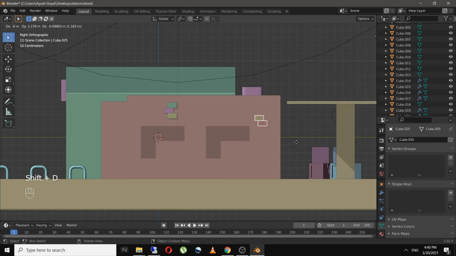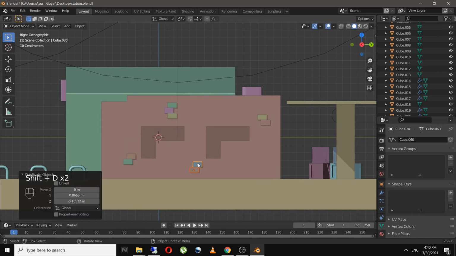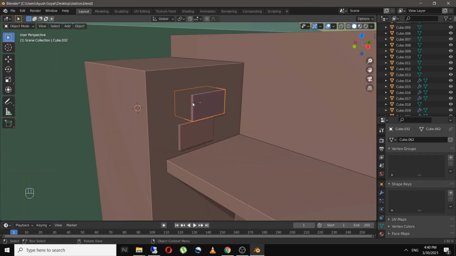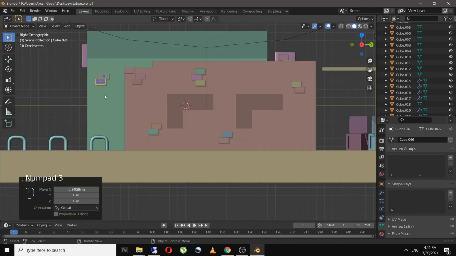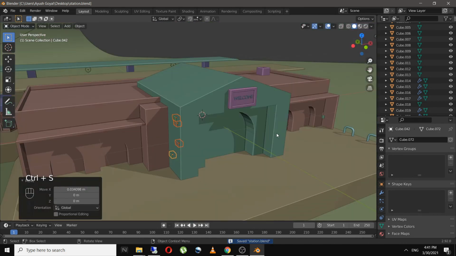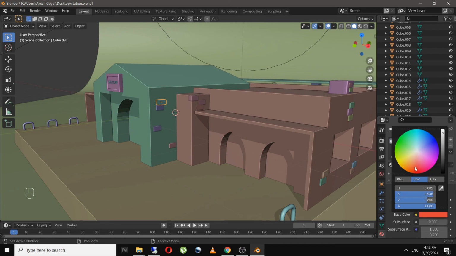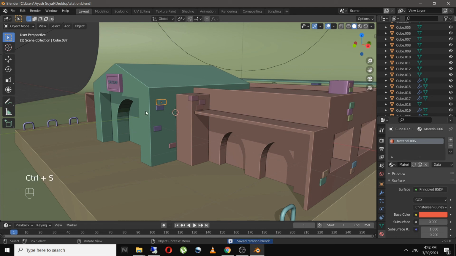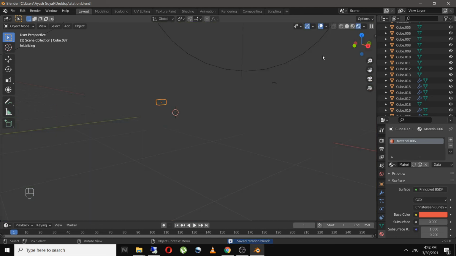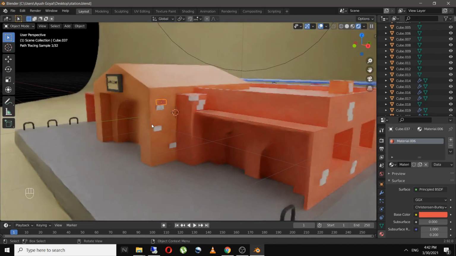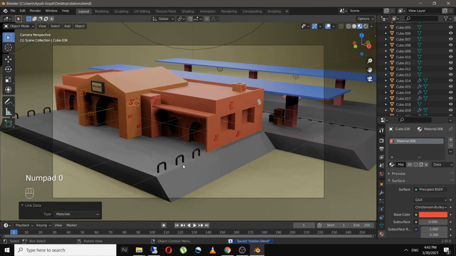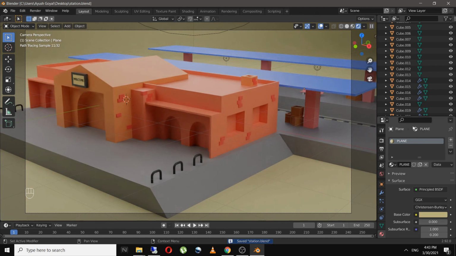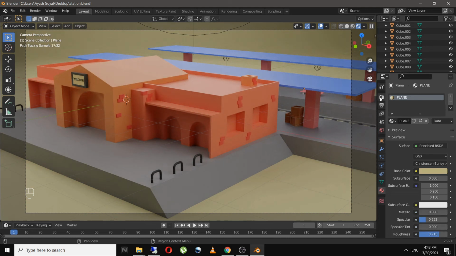I'll duplicate these bricks all over the building, and I will add in a material for the brick as well. As you can see, it looks pretty good now.